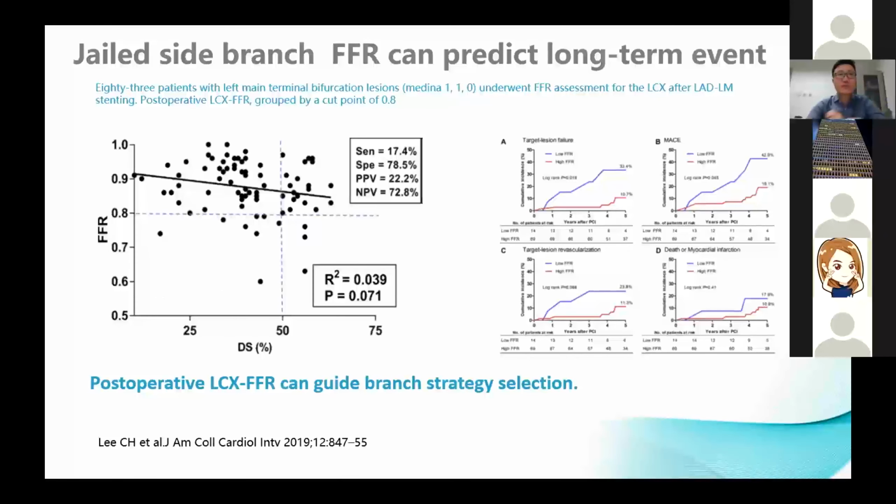And there's some recent study that focus on the application of the FFR on the predictive value of the bifurcation lesion. And there's a study, just 83 patients with bifurcation lesion, and underwent FFR assessment for the circ after